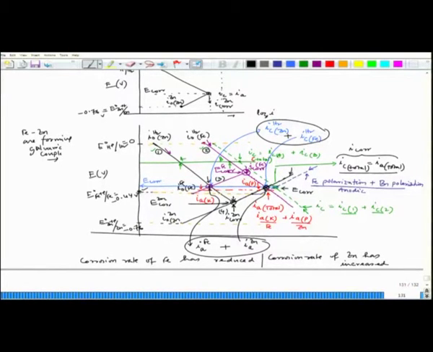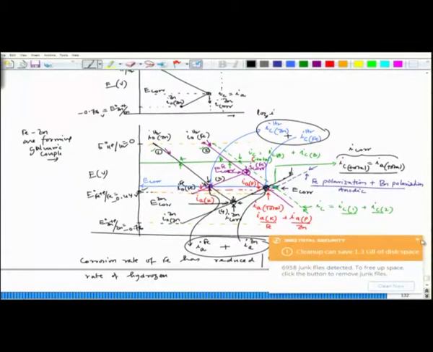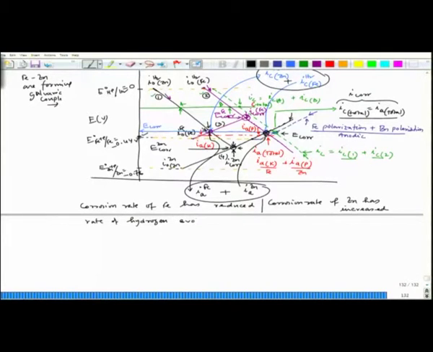So, I could see that the cathodic current density for the hydrogen evolution reaction has moved from this point to this point. So, the rate of hydrogen evolution has gone down, has decreased rather, on zinc surface,